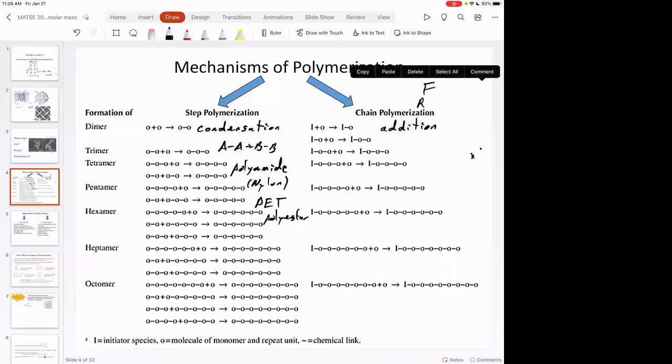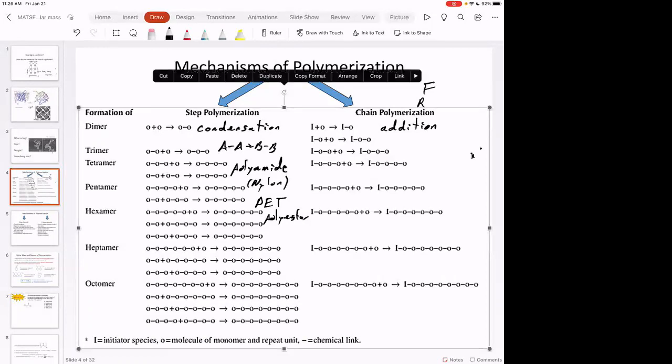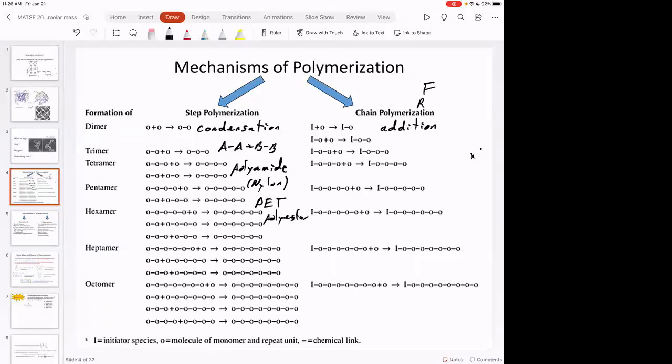What are some common chain or addition polymers that we've discussed already in class? What's the most common polymer on the face of the earth other than DNA and cellulose? Yes. Polystyrene. That's not the most common. Polyethylene is the most common. Polyethylene, polystyrene, PVC, polyvinyl chloride. These polymers